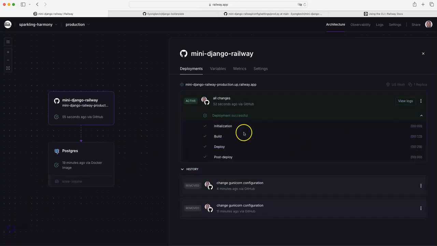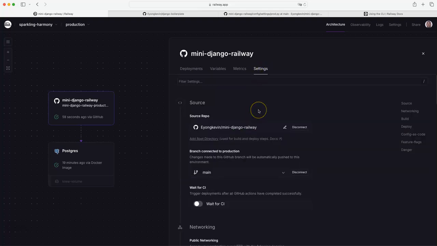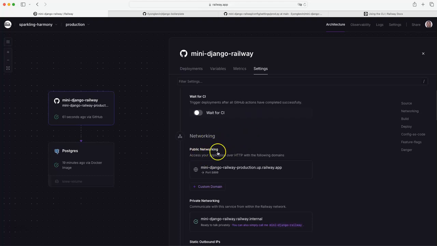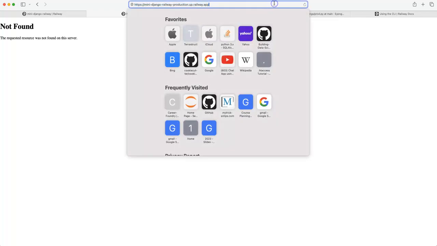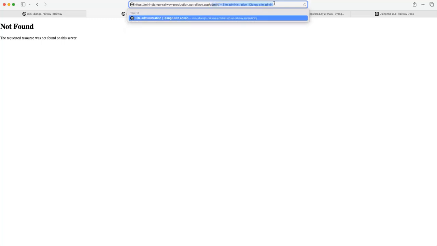Okay, so everything has been deployed. So let's test our application. Let's try it. So we go here to the public network and click on it to see. Okay, so this looks good, because we can click on this URL and go to the admin, and we should be able